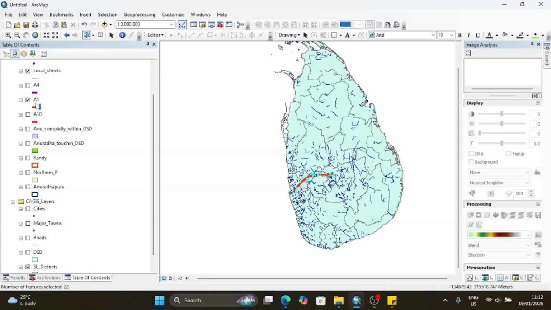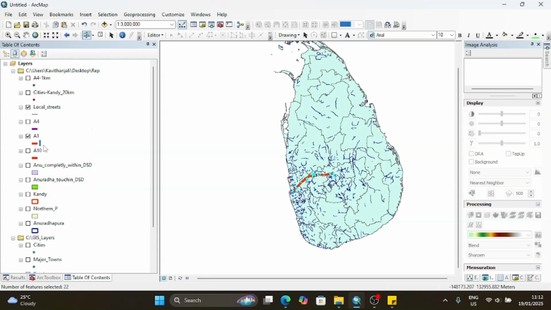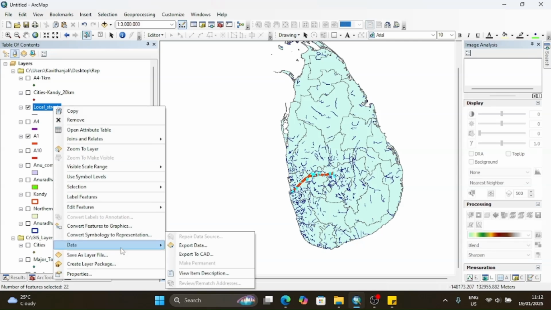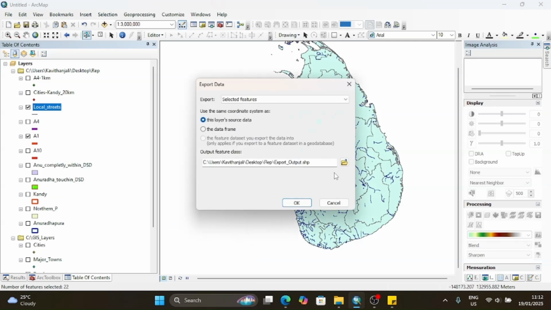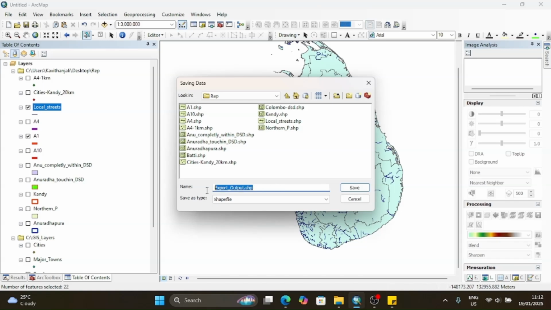So this is how you can save it. Go to local street, data, export data and browse it, and these things have already been saved in a particular folder. That's why I'm just using the same folder again and again for this. So the local street,